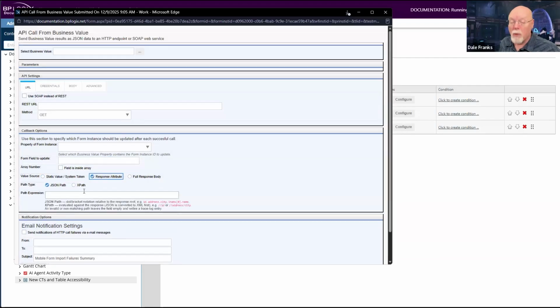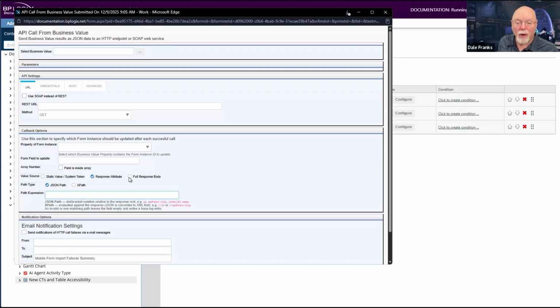Now, this is more or less what we're used to doing. I can now choose whether I'm just going to pull a value out of the REST response, either using JSON path or XPath, whatever format the REST call returns, whether it's JSON or XML. I choose the appropriate path syntax, and then I can just throw in the XPath or JSON path expression that I want right there to denote where that value is found in the REST call return.